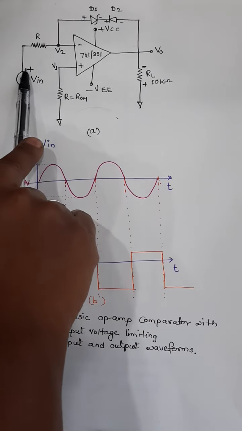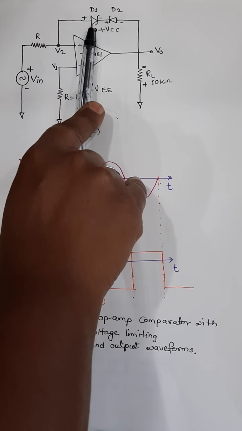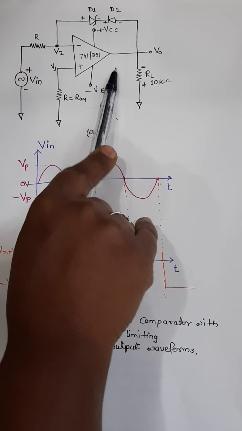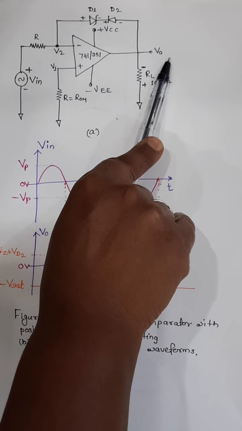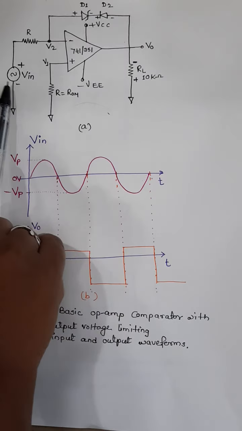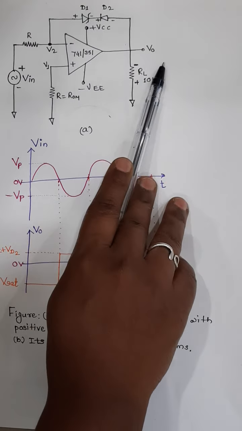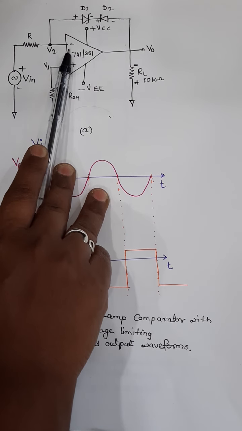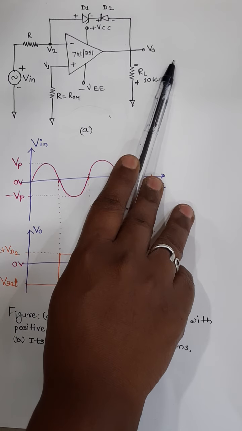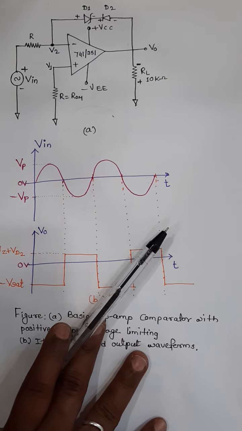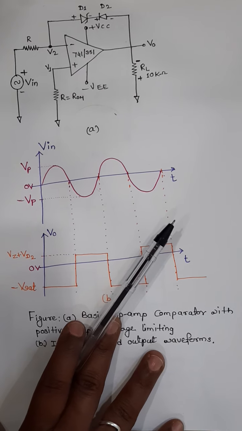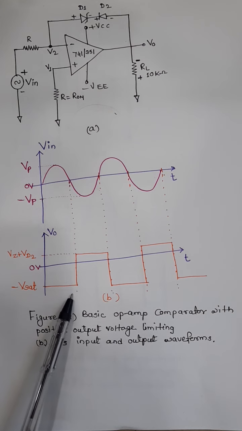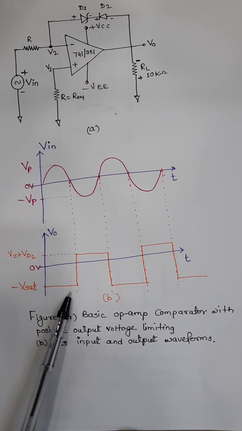Okay. For the first positive half cycle, D1 conducts obviously, but D2 does not conduct. So the op-amp is in open loop configuration, output goes into the saturation. Which saturation? As input is positive, the output will go into the negative saturation. Why? Because input is given to the inverting input terminal. So now the output is at negative saturation. We can easily find out here that, see, for the first positive half cycle, the output is at negative saturation, minus Vsat.